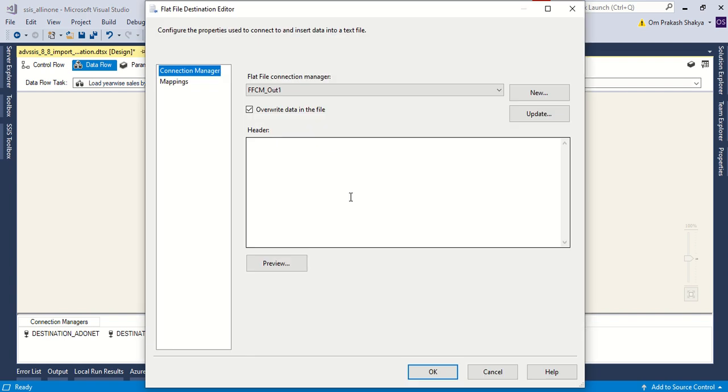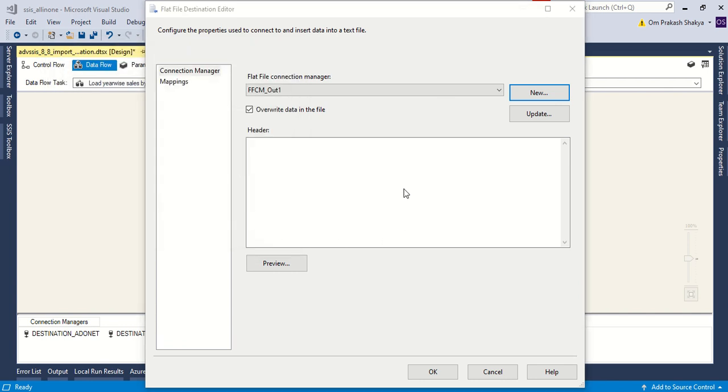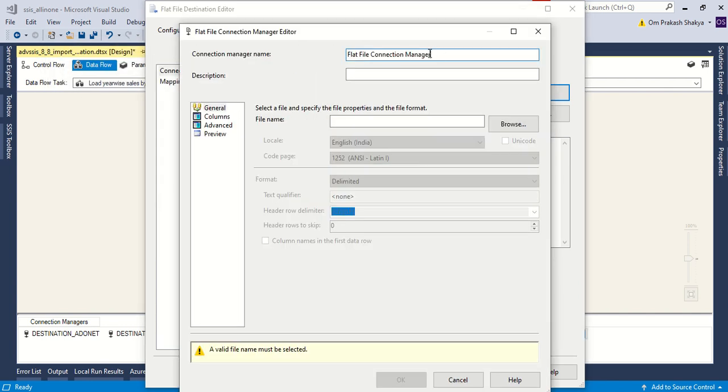So we will open this flat file destination editor, and we will click on New to create the file. We will use the delimited file, and it will ask for a connection manager name.